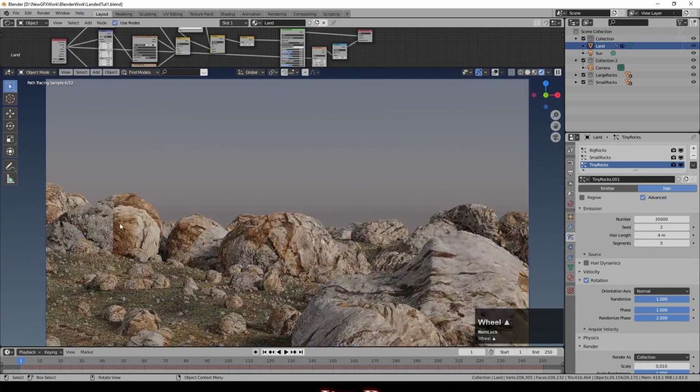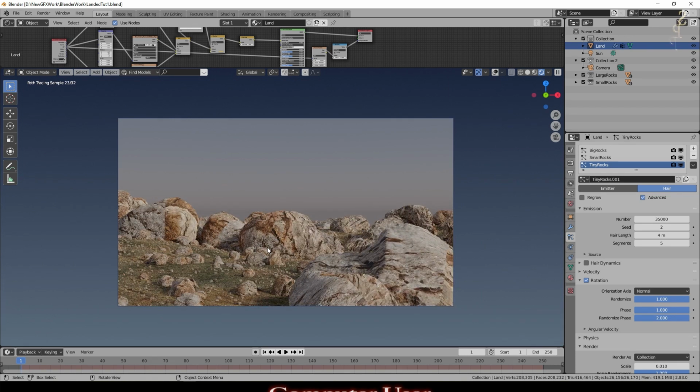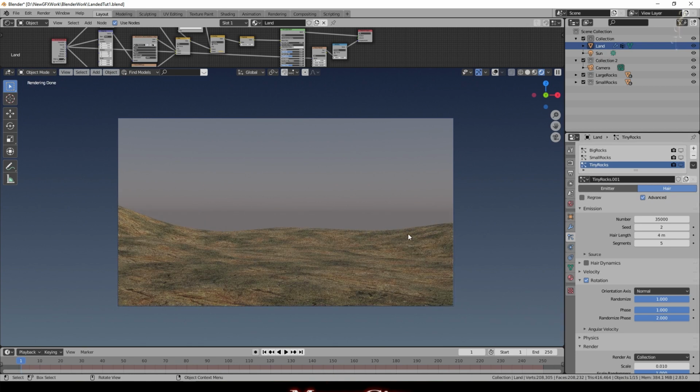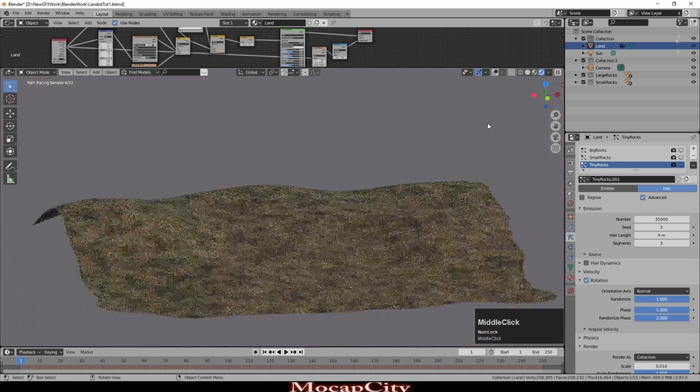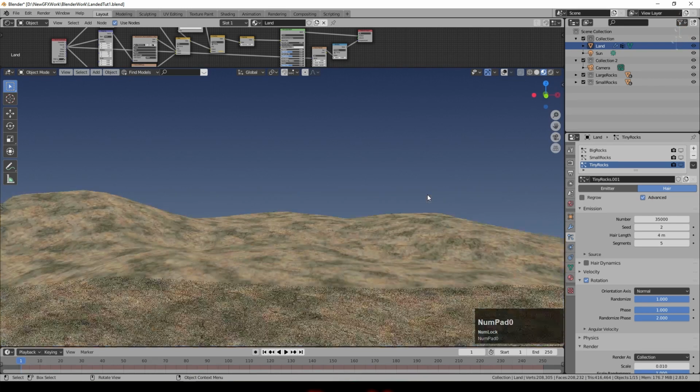I know there's some mapping issues on some of these rocks, but in actual fact you do actually get rocks that look like that sometimes. But you can play around with that, you can unwrap them differently, rotate the unwrap and so on. But I think that's fine to start with. So we've got our alien landscape, we now need to build our ship. So I'm going to turn off these boxes, which will turn off the rocks from the viewport view. So it's still rendering at the moment, but we're not seeing those rocks anymore, which just makes everything work a little more quickly.